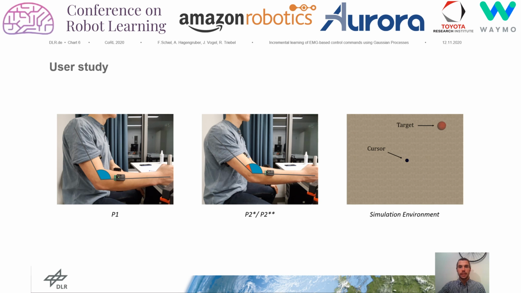To evaluate the adaptive model, an online user study was conducted. A 2D task on a screen was performed by 6 subjects using the EMG-based interface. Different arm positions and targets on the diagonals were used to evoke changes in the input data to challenge the robustness of the model. The subjects had to navigate to all targets once in position P1, in which also the training data was generated, and afterwards 2 times in position P2, which we call here P2 with 1 star and